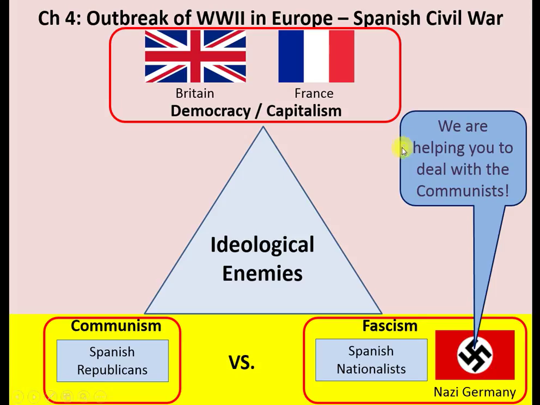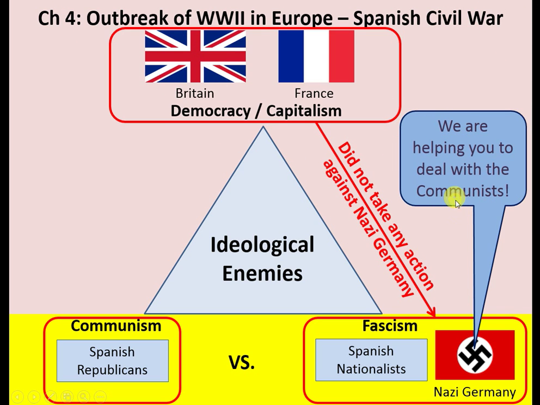But what happened was, what excuse did Germany give? They said, we are helping you to deal with the communists. We are helping you to deal with the communists, in a German accent, pardon, it's terrible. But anyway, we are helping you to deal with the communists. And so they used this as an excuse. Why? Because if you recall from earlier, Britain and France hated the communists more than they hated the Nazis. So if you use this as an excuse, this made them more favorable towards the Nazi